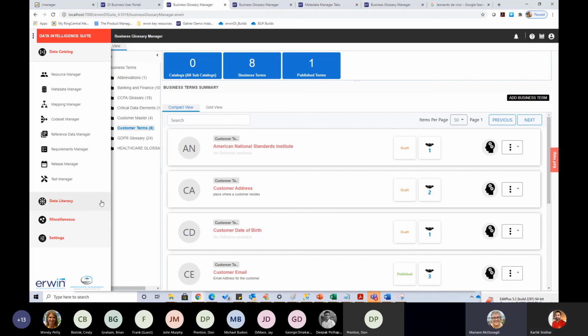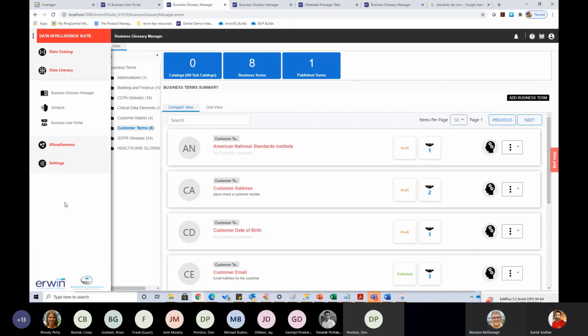But through data literacy itself, that icon there, were there any enhancements to that particular feature? Or did I ask that correctly? I think it looks more like a category than a button. Exactly. Data literacy is a grouping of these components. It's a grouping of applications, Don, if that makes sense. So okay, those three apps sit underneath the category of data literacy. Okay, I see what you're saying.